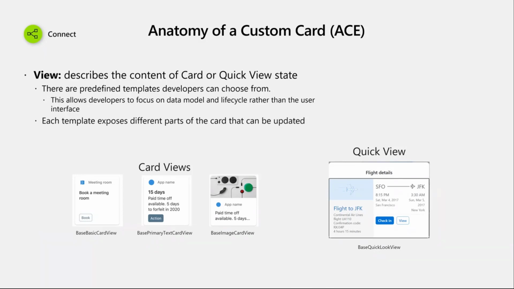So specifically, each of these templates exposes different parts that the developer can use in order to interact with the card and in order to surface information to the end user on the card itself. So for example, you will have an icon property that by code you can change, the title can be changed, the primary text can be changed, and then there are other things that are specific to certain templates or views. So for example, image URL is only available on the basic image card, the description is only available on the primary text card,